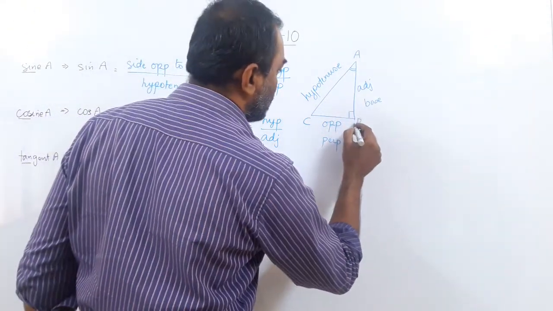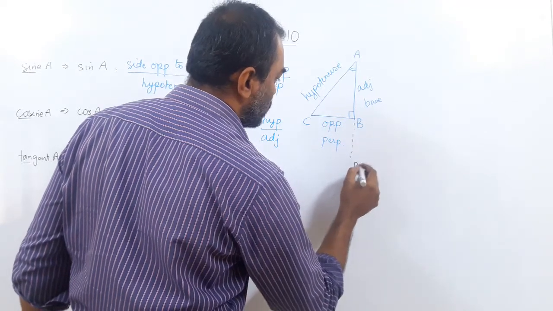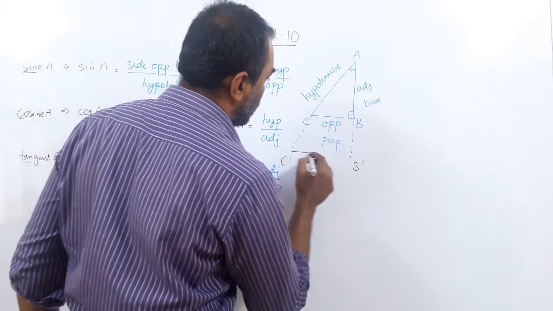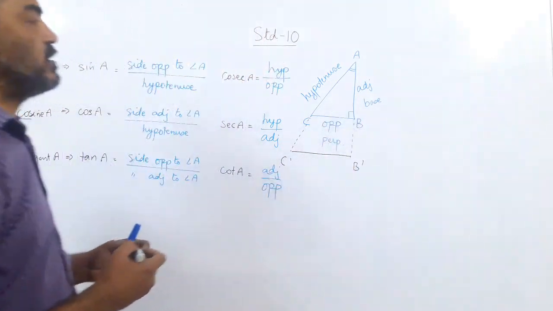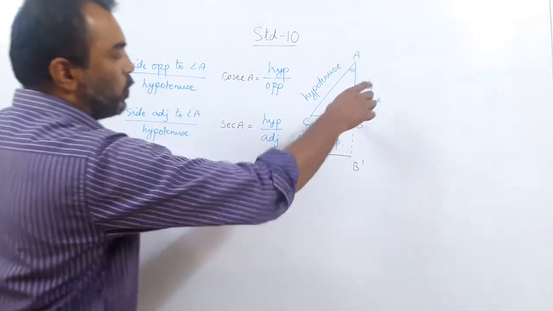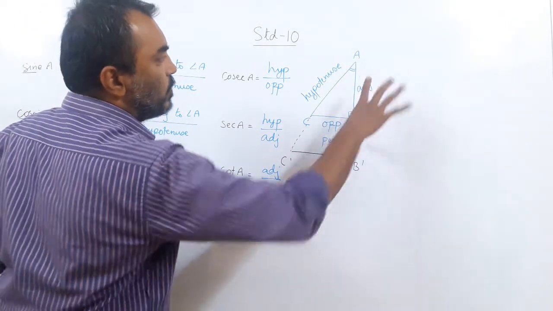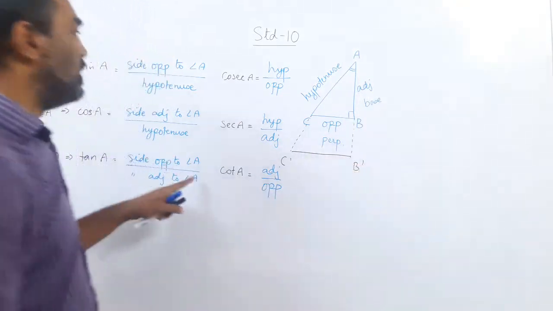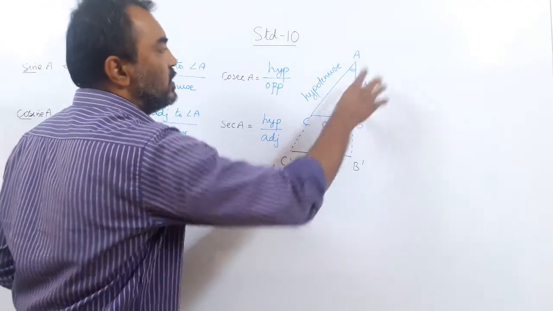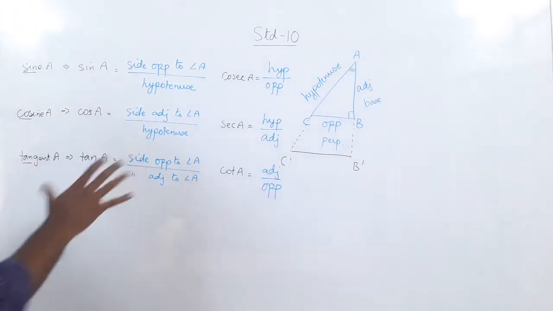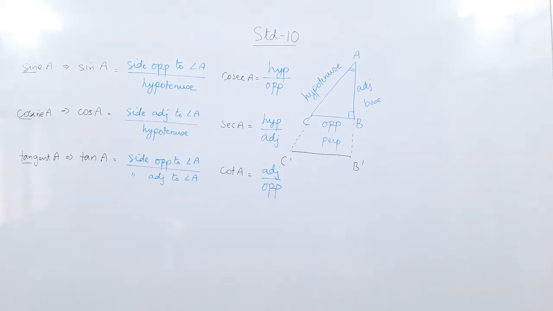Now, I extend this further, call this B prime. I extend this further, call it C prime. Okay? So I have extended this triangle bigger. Now, tan of this angle A again is what? The opposite side, that is B prime C prime, upon AB prime. It will be the same ratio as BC upon AB. Nothing changes because they are similar triangles. So this is the birth of trigonometry, the ratios you have to see.